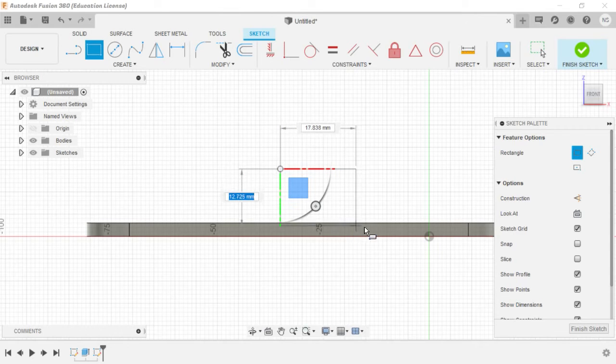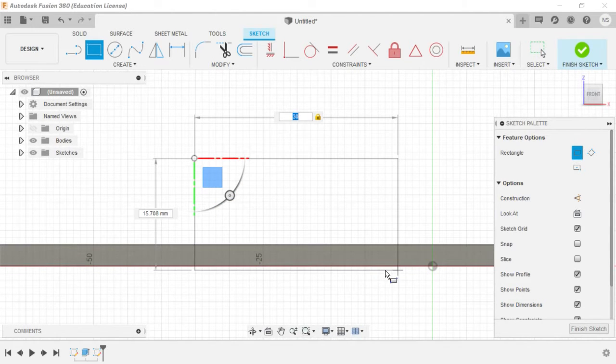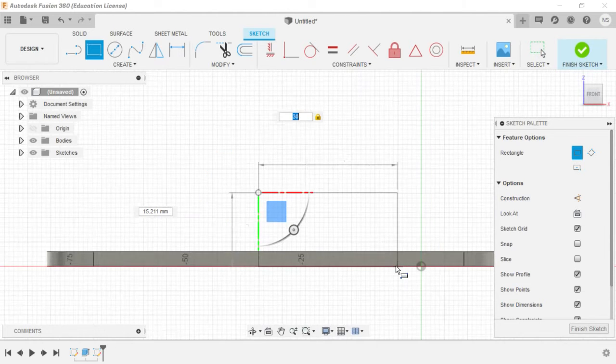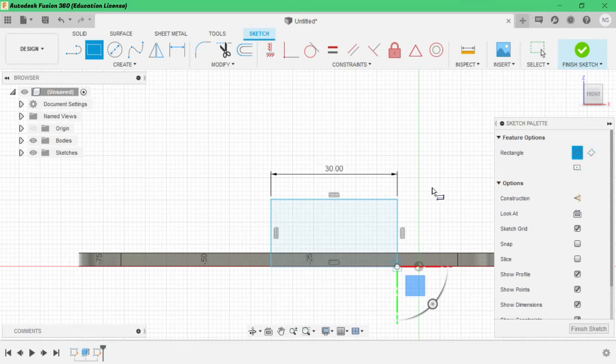Now I am creating a rectangle of 15 mm, no, 30 mm. That's 3 centimeter, 3 centimeter pipe. Click enter.